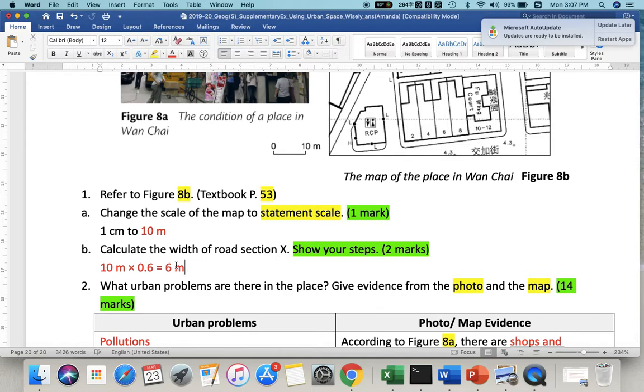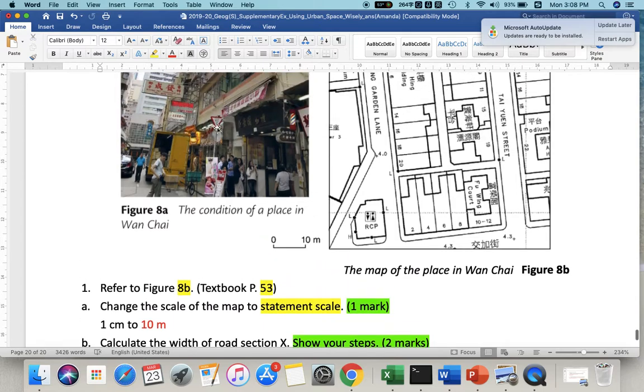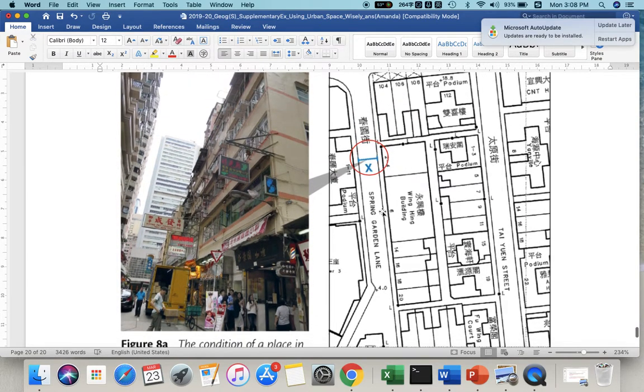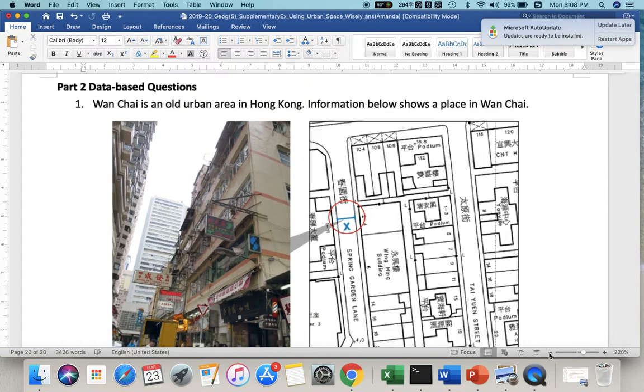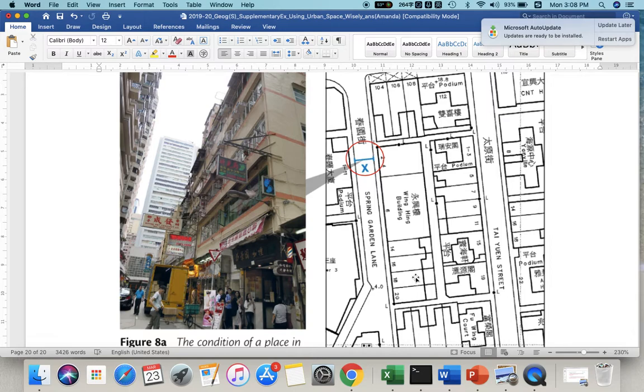Okay, so for question number 2, what urban problems are there in the place? And you need to give the evidence from the photo and the map. So from the photo here and the map here. First of all, before we look at the answer, let's observe the picture. So you can see, according to figure 8a,